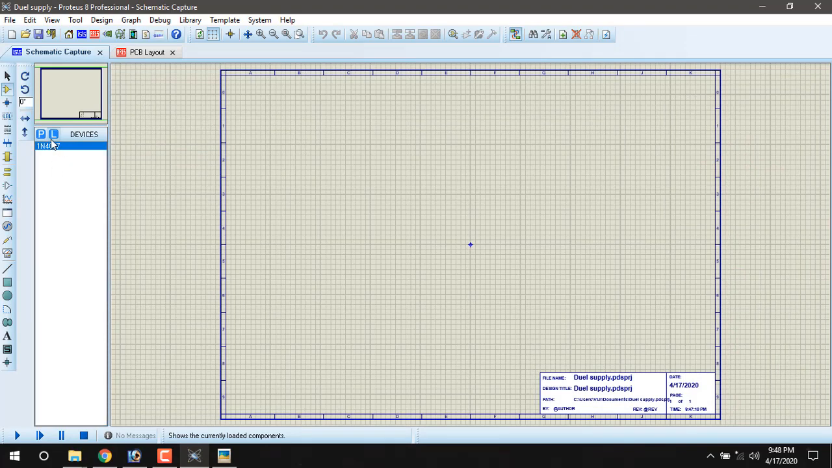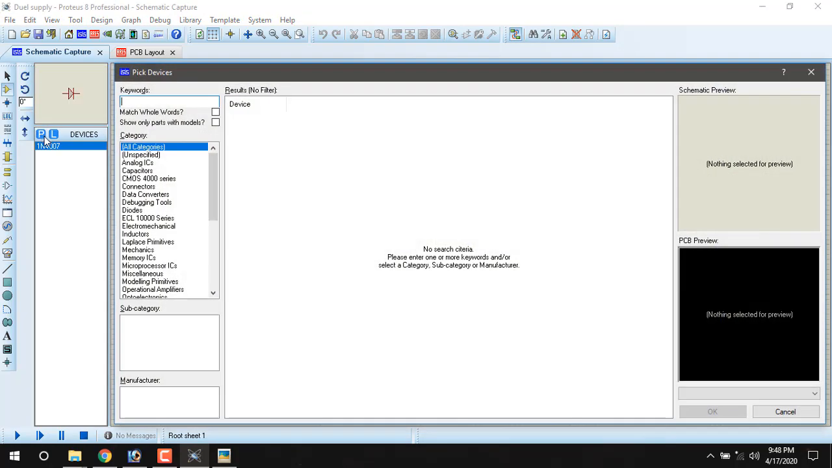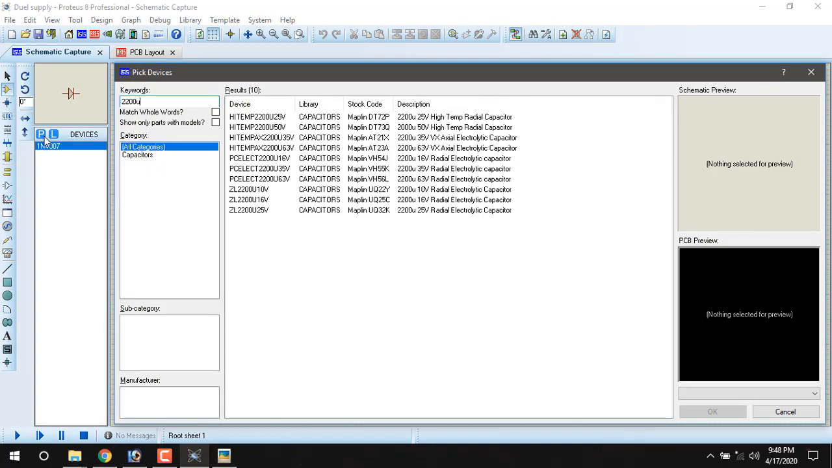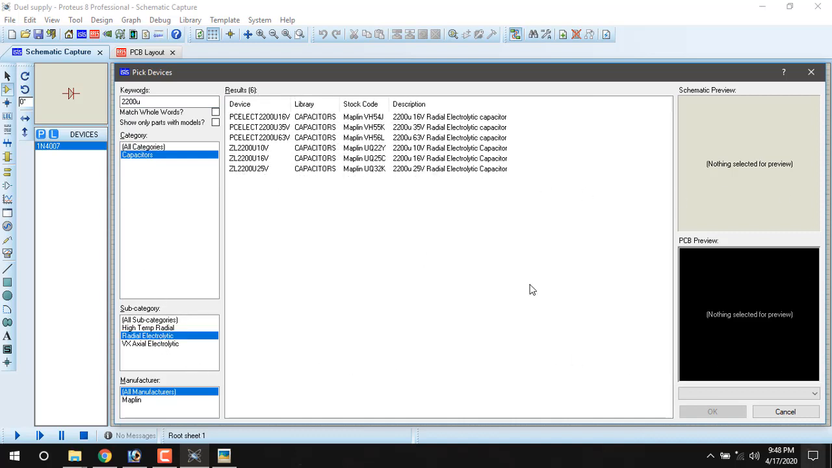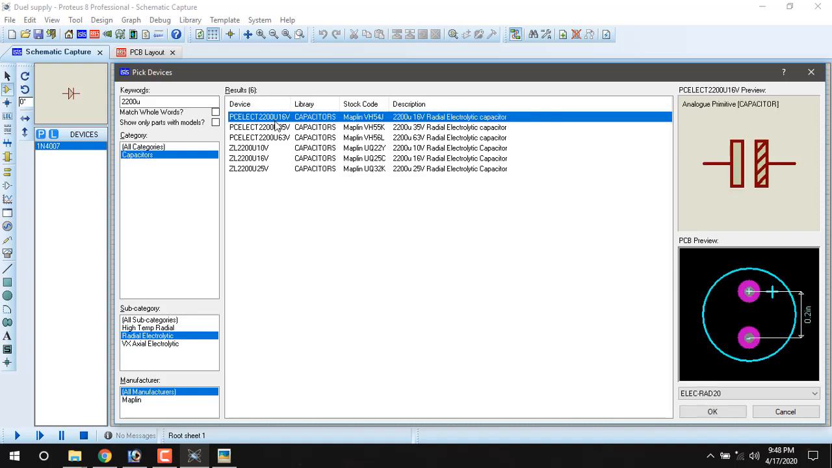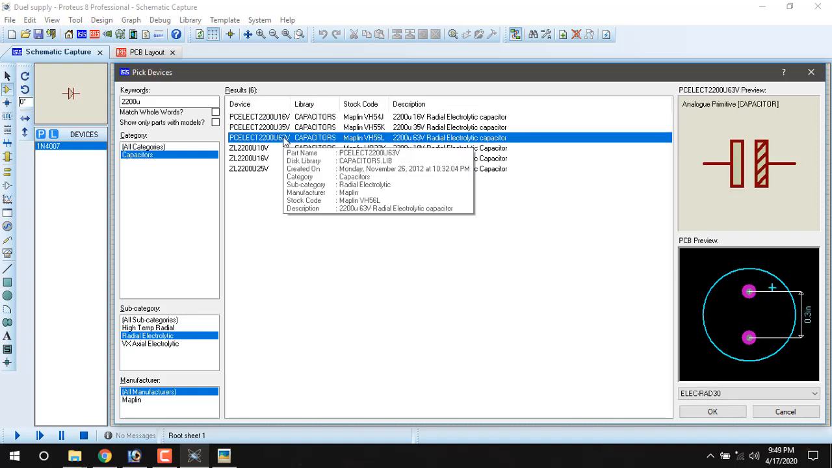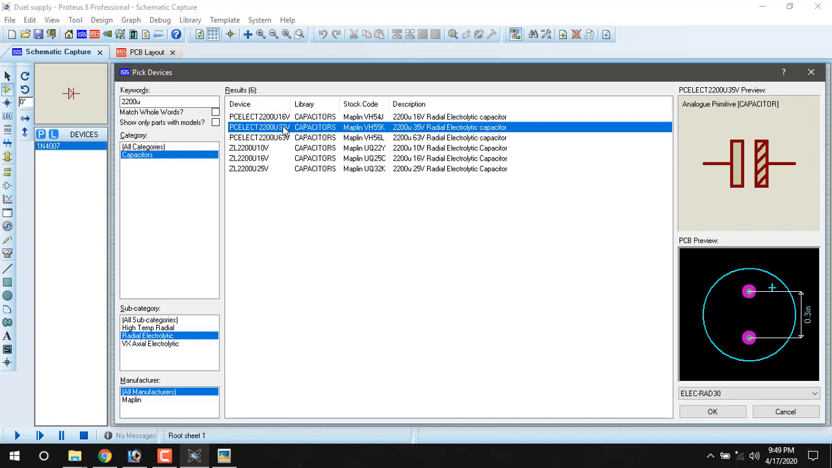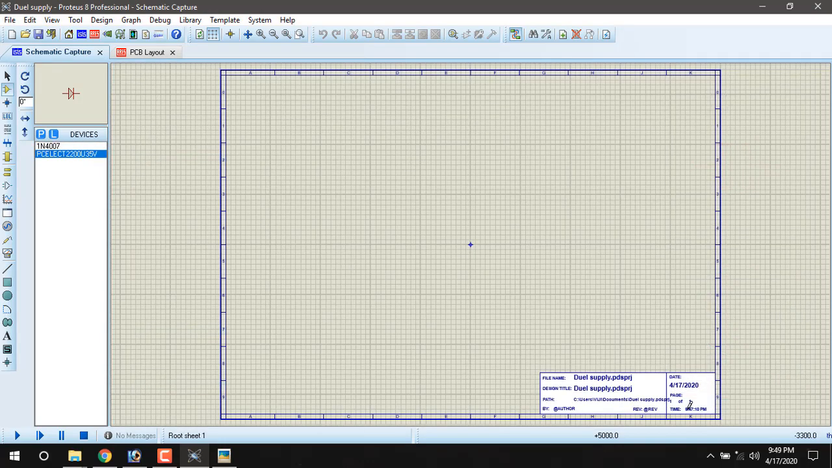So the next component is the 2200 microfarad capacitors. Pick P, 2200 uF, U for micro. There are different types of capacitors. We used radial electrolytic here. There are also 16 volt, 35 volt, 63 volt. Now we choose 35 volt. Okay. Then the next component is